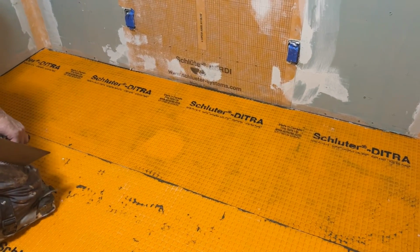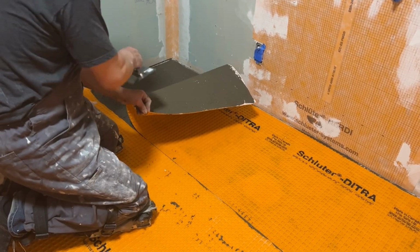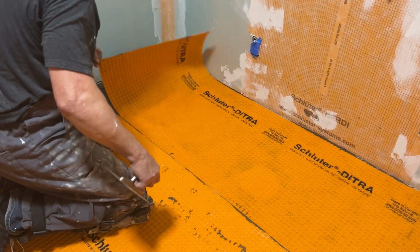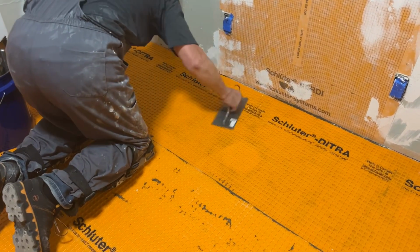I want to check coverage. And I've got stucco most of the area. That's exactly what we want. A little bit more pressure on the edge there, and we'll cover